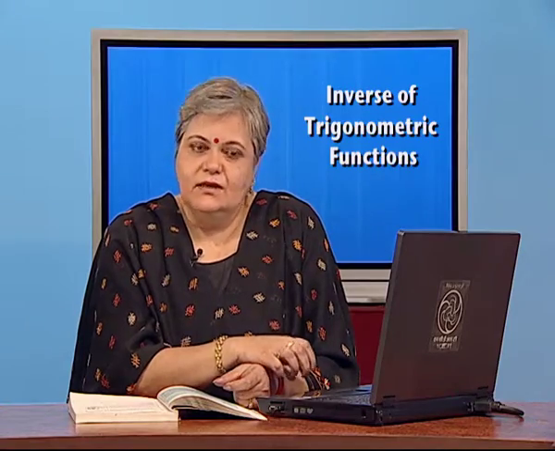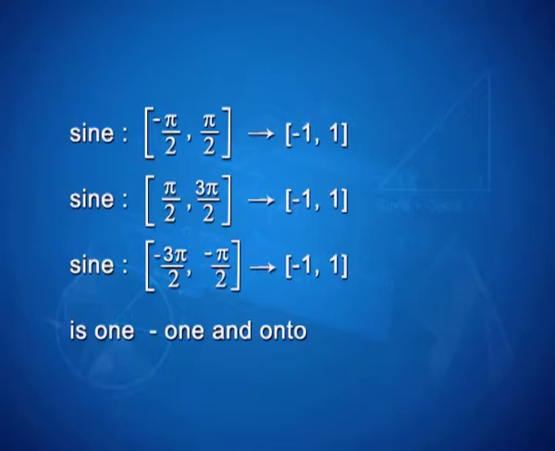especially of the sine. And so, now over these sub intervals, we are able to see the sine function to be 1-1 and onto. Sine defined from minus pi by 2 to pi by 2 to the closed interval minus 1 to 1, or pi by 2 to 3 pi by 2 to minus 1 to 1, or any other sub interval that you identified over which the function is 1-1 and onto has an inverse defined.